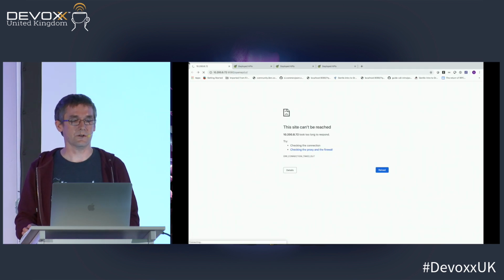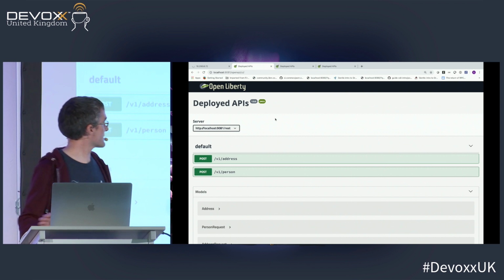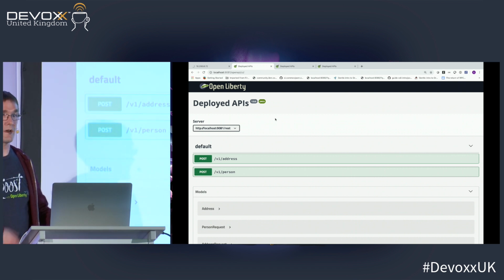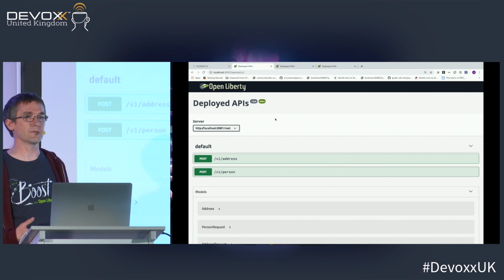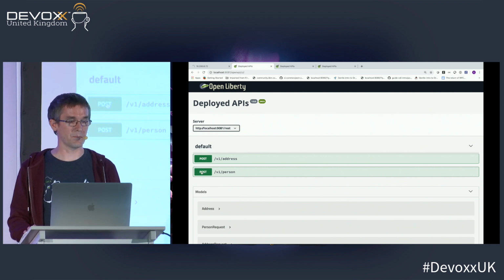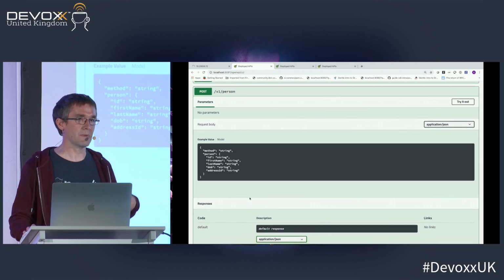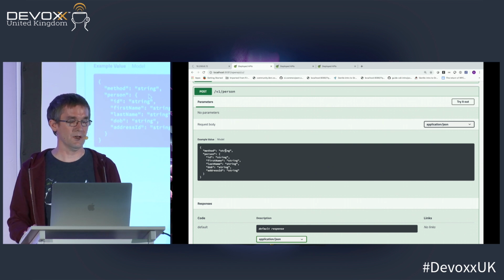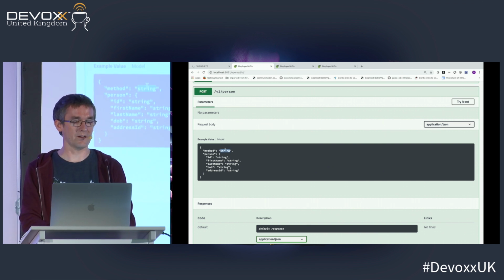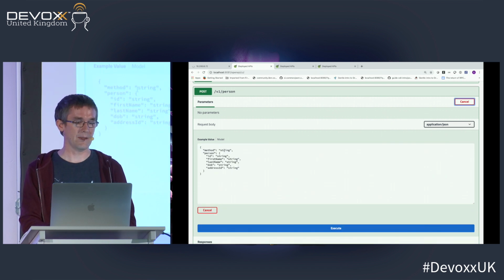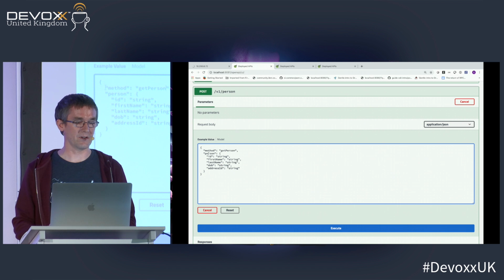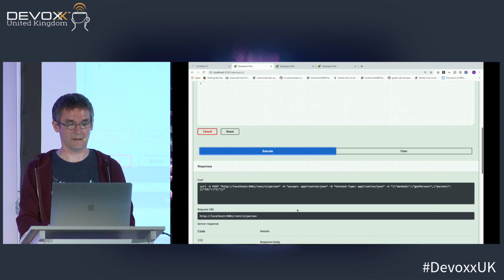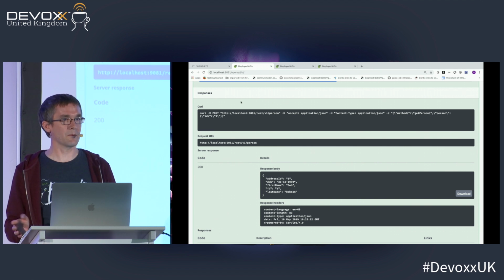So let's just see what that looks like. Now we can see we've actually got two endpoints, which is nice. So as a developer, I now know that there are more endpoints available, more things I can call, but they're only doing POST. But because I'm passing in person objects and getting person objects back, I can perhaps give a little bit more information, a little bit more structure. I don't know what the methods are, but I can maybe guess. Oops, I need to do the try it out button. I can maybe guess, because it's a person object, I might be able to do getPerson. And then let's pass in the ID and execute that again. And we can see we got the person back. So a little bit more helpful to the developer.